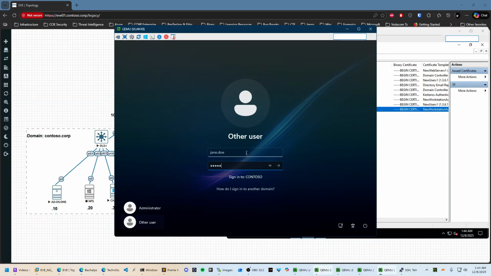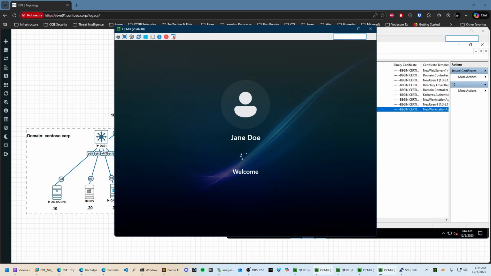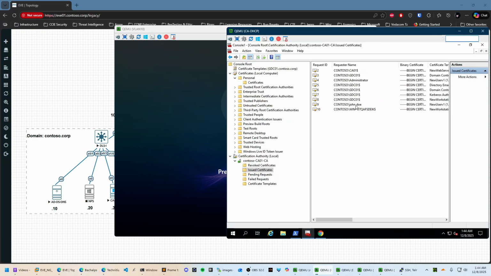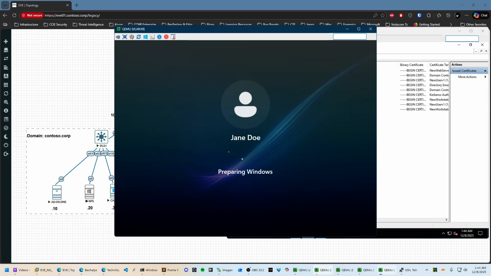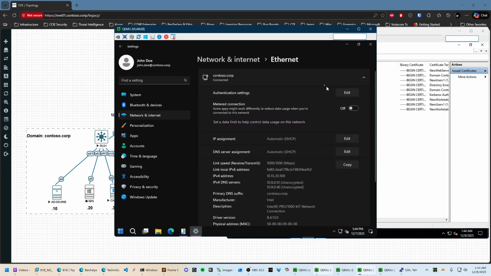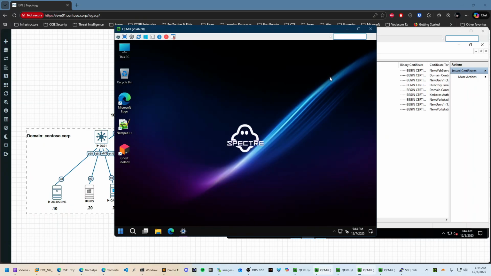Let's put in the password for Jane Doe, and then we should be able to see Jane Doe here authenticating, and their machine name. And that is what we've done so far, configuring our Active Directory Domain Services, certificate authority, DHCP,